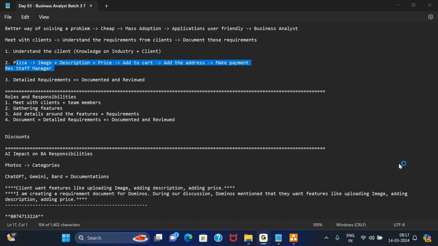Technical questions for a BA will not be to write down a Python code unless you are applying for a job which explicitly calls out that it is looking for experience. The JD, or the job description, says that they are looking for experience in Python or SQL or Power BI.